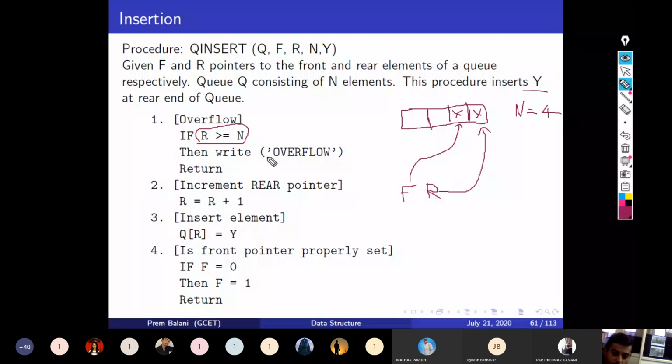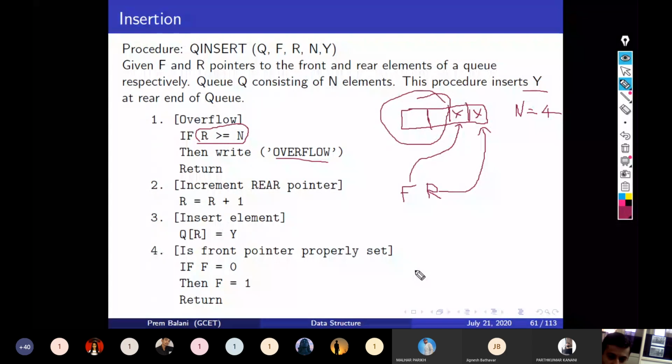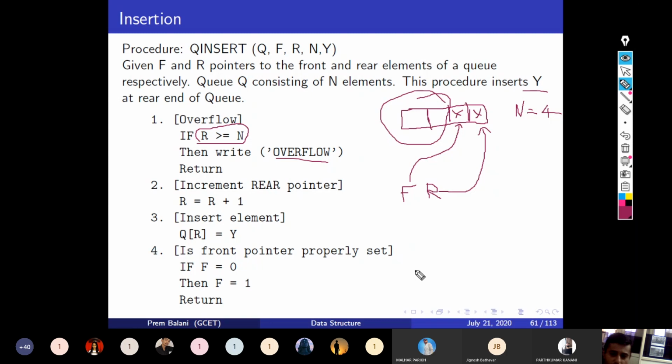Yes, R is equal to 4. So it is overflow. Even though we have 2 elements left here, we are still not able to insert into the simple queue. So this queue is not using the storage efficiently, and that's why the more suitable option is the circular queue.